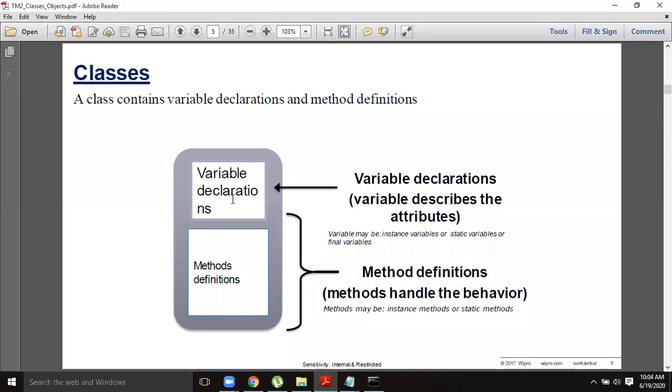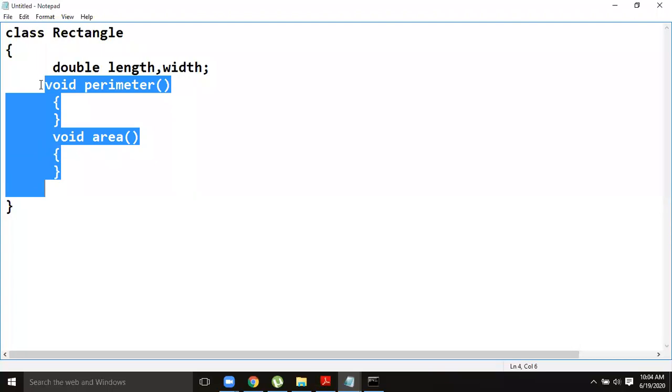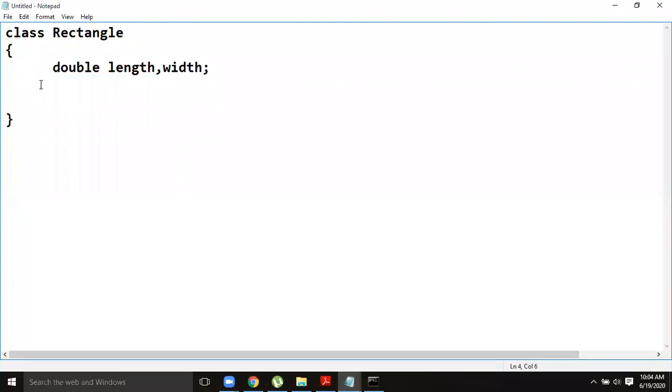Instance variables. So you have length and width, which I have declared as two variables inside a class.